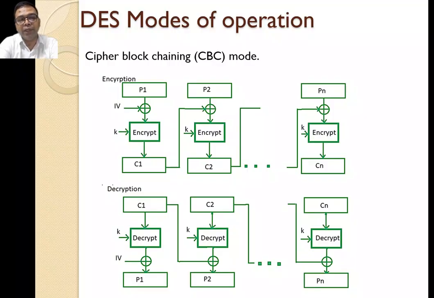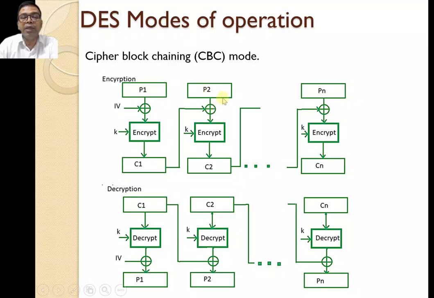In a diagrammatic way, we will study the principle of encryption and decryption that occurs in cipher block chaining mode. As you can see here, let us have a plaintext which is of size greater than B bits, so we break it into smaller blocks of B bits each. Let us call them P1, P2, P3 up to Pn. The first block P1 is XORed with an initialization vector, and this is encrypted using the key provided, which produces the ciphertext block C1. This C1 will be the input for the next stage XOR operation.